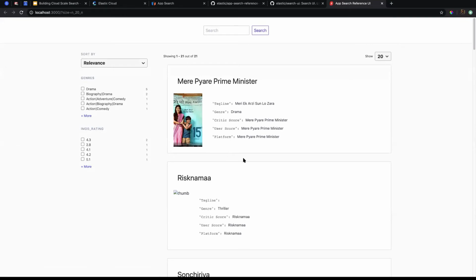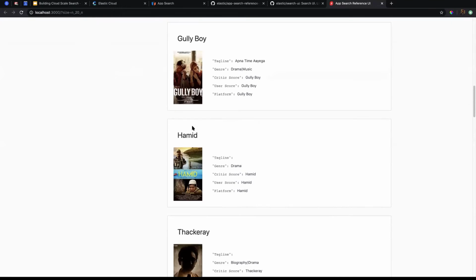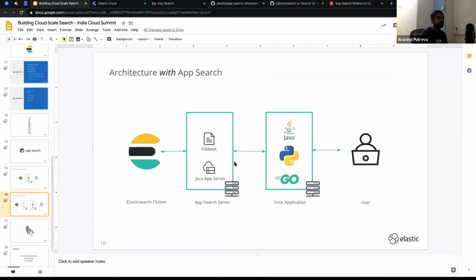Yes. First of all, I wanted to ask: are the search requests going first to App Search and then to Elastic, or do they go directly to Elastic afterwards? No, like I said in the architecture diagram here, the search requests go directly to the App Search server. You can have another proxy before it, but you can directly redirect the search requests to the App Search server.